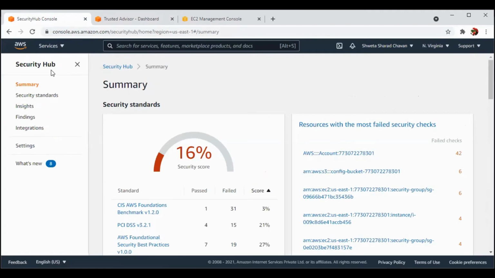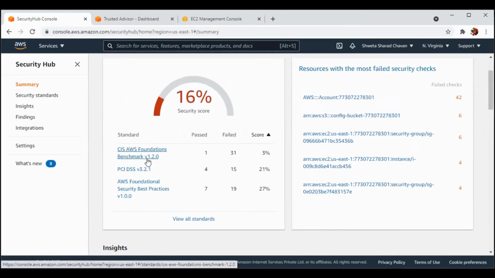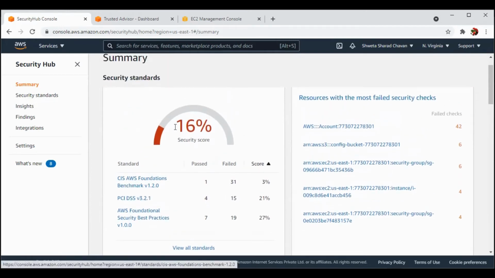In Security Hub, you can see the summary here. You can see the CIS AWS Foundations Benchmark, PCI DSS version 3, and AWS Foundational Security Best Practices. These were the three rule packages that we had selected, and it is showing that the security score is 16%.